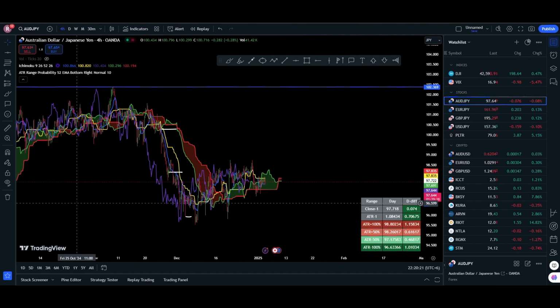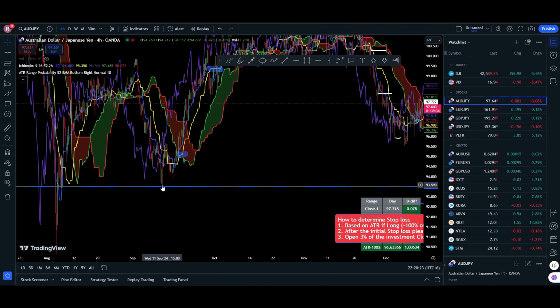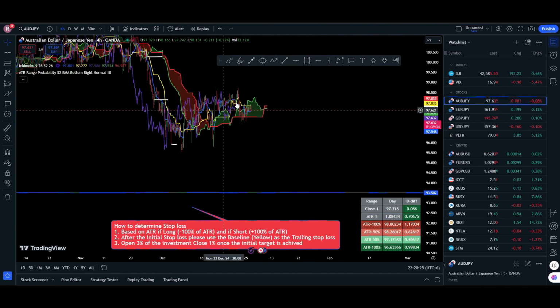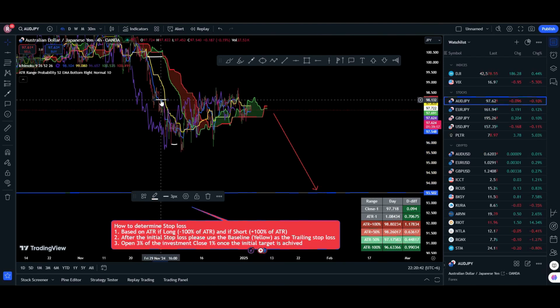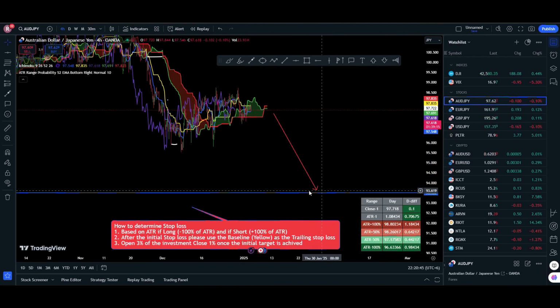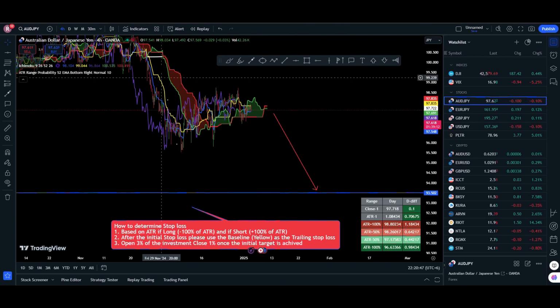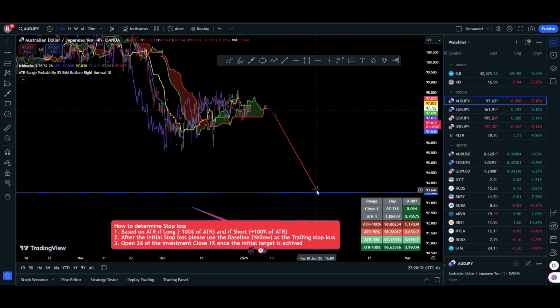At the same time, if this line is broken, if for any reason the price comes down from here to here and breaks this line, then we have to reconsider our trade, or consider closing the trade, or we should not take any further trade until we see the reaction of the price based on this daily support. So that's why I have put this support and resistance on daily, and you must turn it on, at